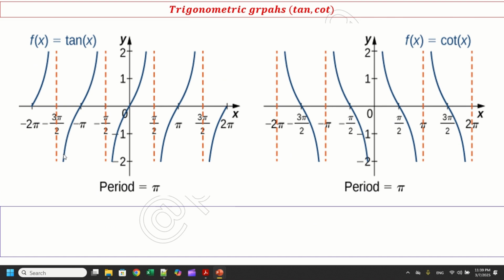You know that the tangent is not defined at pi by 2, sorry, and cot is not defined at 0. So at 0 it is not touching. If you see 0, it is not touching. At pi also, at 3 pi by 2 it's not touching. Similarly at pi by 2 it's not touching. So this you should know, and similarly for the cot graph. Now